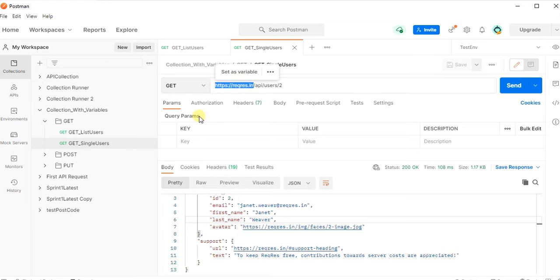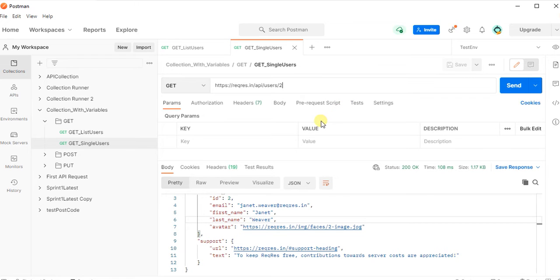To avoid this, we will store the common value in variables in the same collection. In this collection we have different API requests, but this part is common for all the APIs. To avoid repeating it, we are going to create variables. Variables allow you to store and reuse values in our API requests, and we can use them in a script as well.